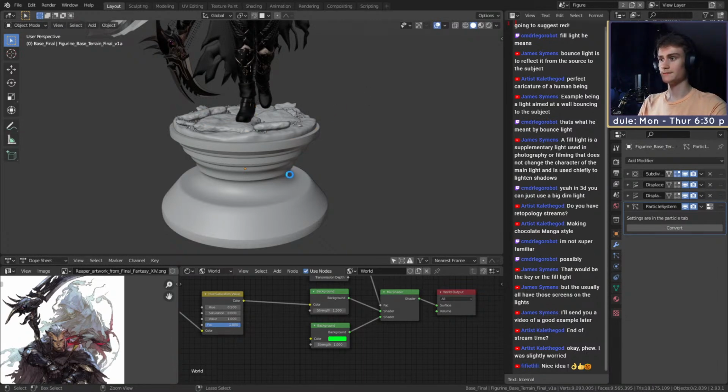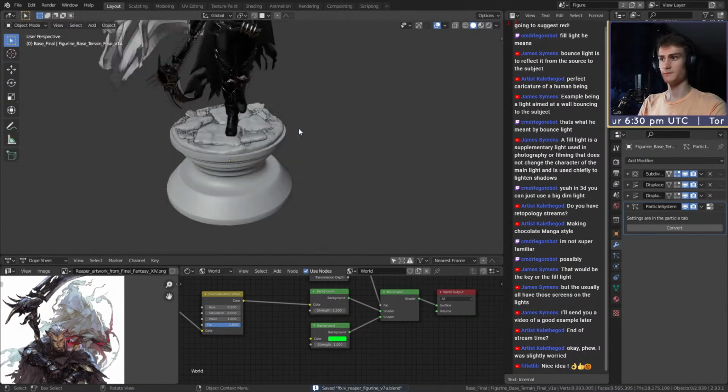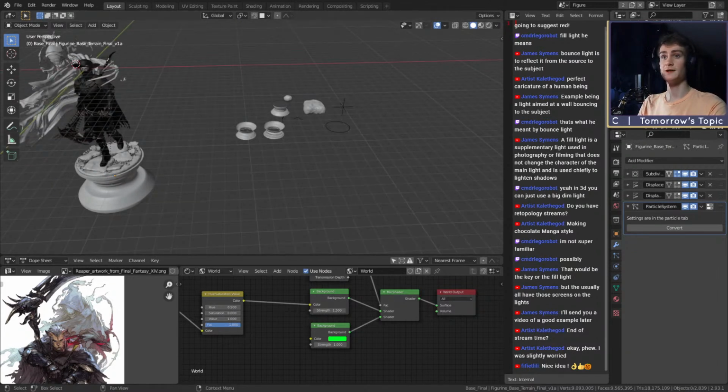Okay. Yeah. Let's go to the grass. So we will do the grass today. I think what I want to use for the grass is my hair kit. If you haven't seen it before,